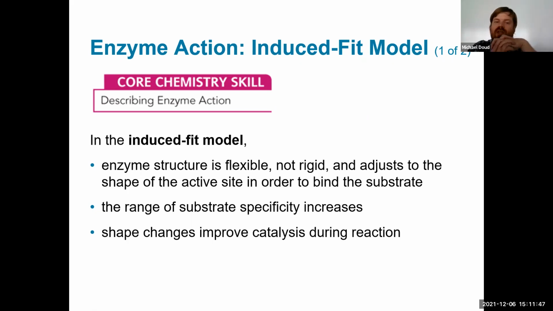And an enzyme structure is flexible, and it can adjust to the active site in order to bind to substrate. So the range of substrate specificity is going to increase. In other words, you can have substrates that are exactly the substrate that the enzyme has evolved for, but you can also have very similar mimics that kind of fit in the active site and can clog up the works that we'll talk about. And then we can also explain why the reaction actually occurs and why it is that